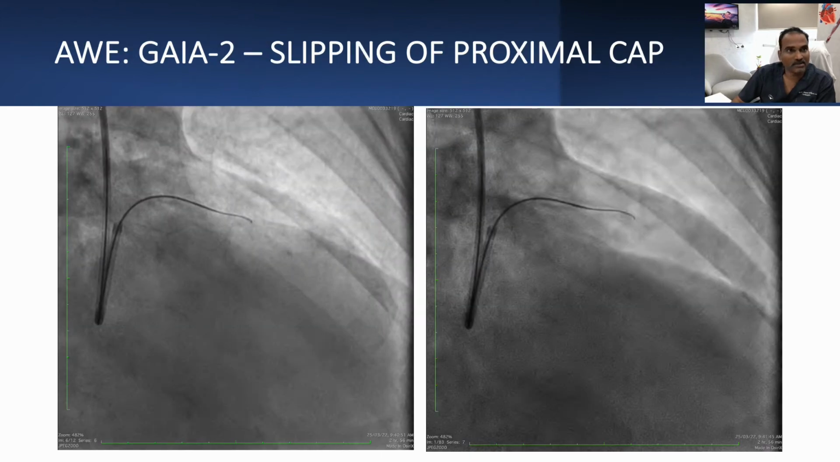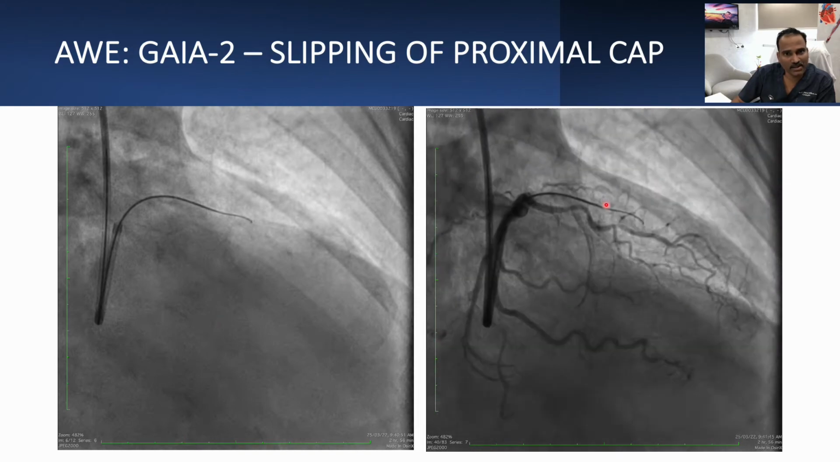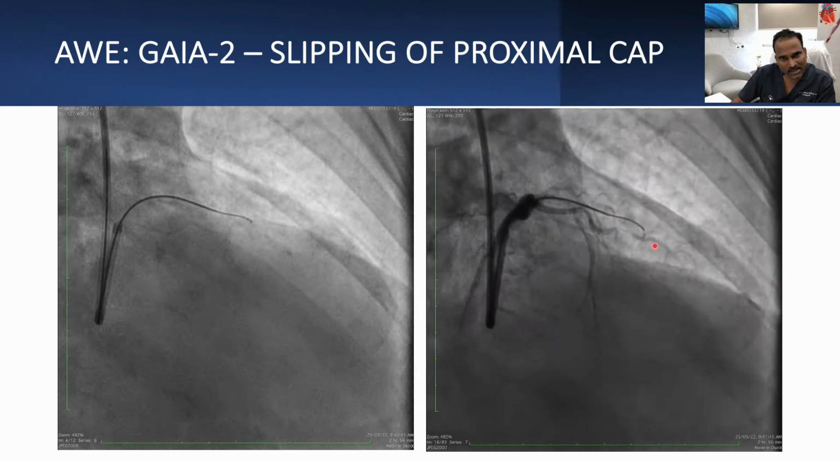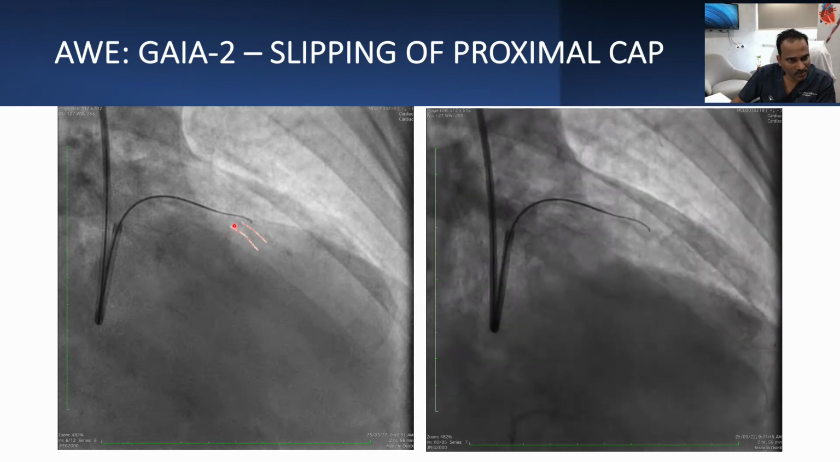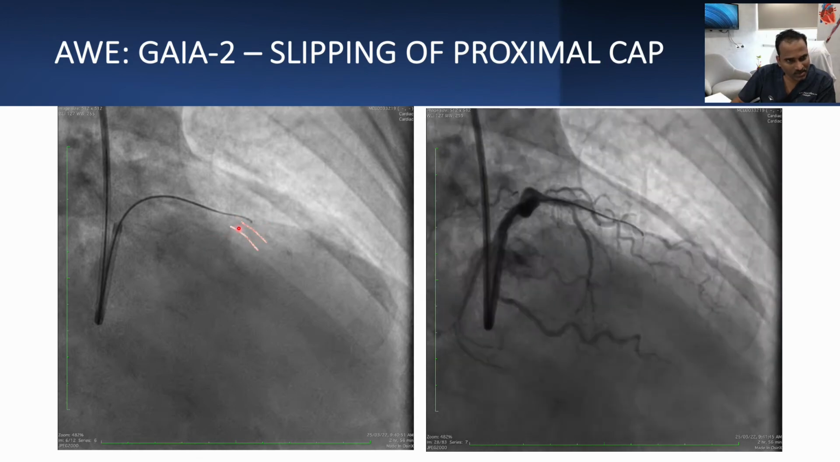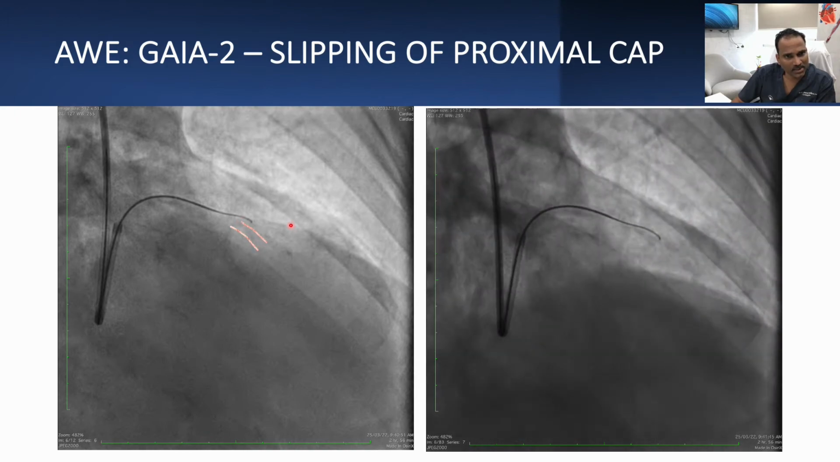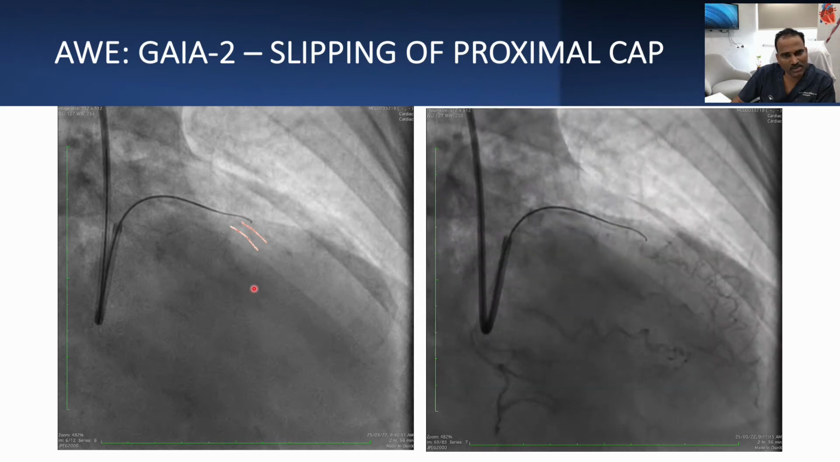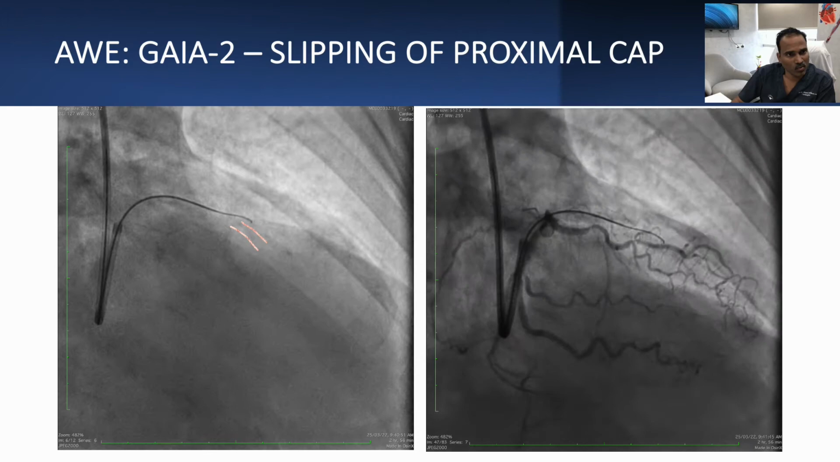So yeah, we did antegrade wire escalation. You can see this is a Gaia 2 wire, but you can notice the Gaia 2 wire is in the diagonal here. You can see the curve which it has taken, but the actual vessel is here. So this is where it has to enter, but this wire is getting slipped into the diagonal, probably because of the tough proximal cap. So that's the reason we escalated the wire to